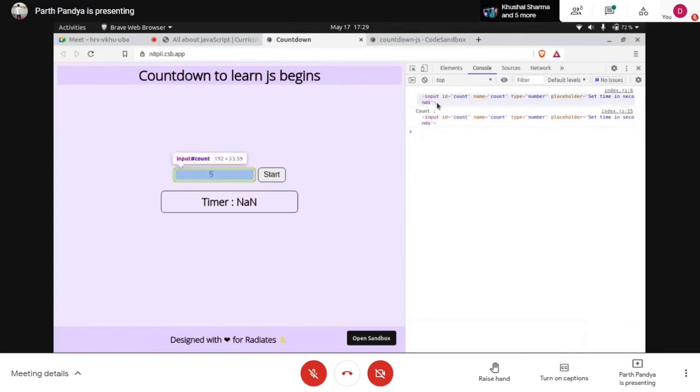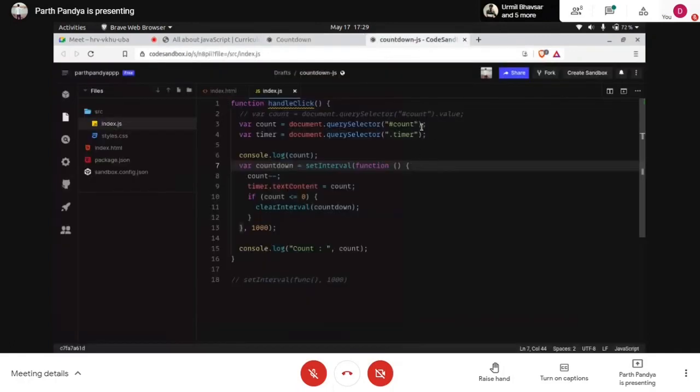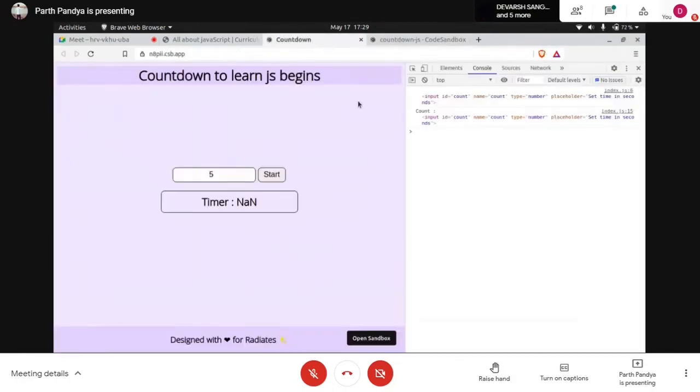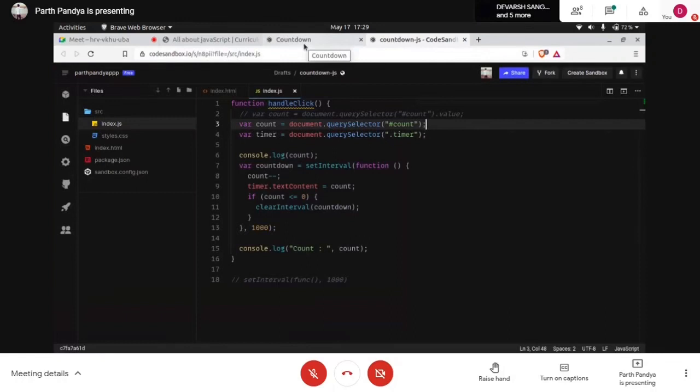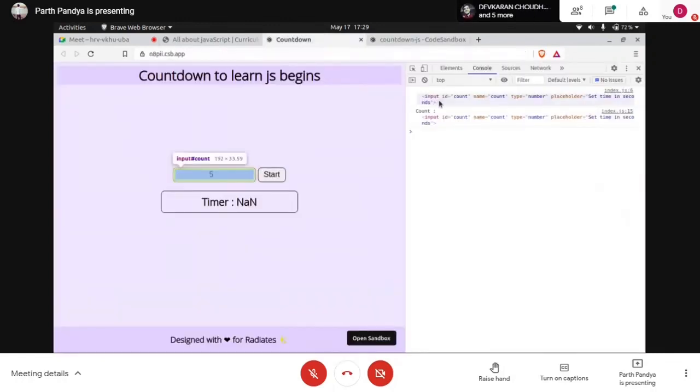This whole input tag is coming. Okay, so we want just the number 5. So when we don't include dot value to reference the particular value we want, it will reference the whole tag, and we don't want that. We want to play with the value.